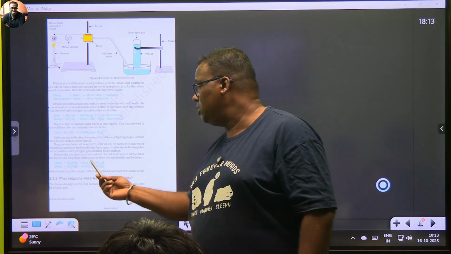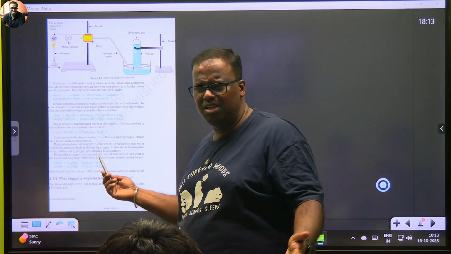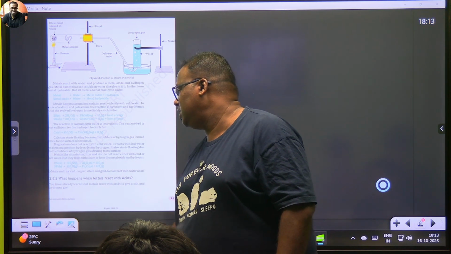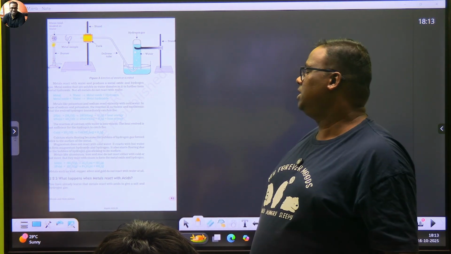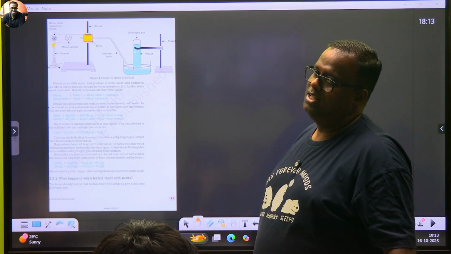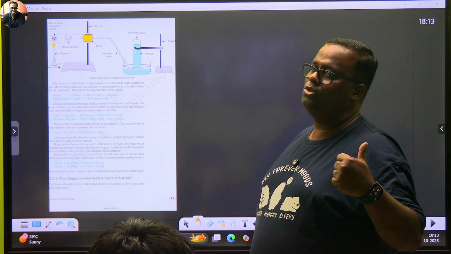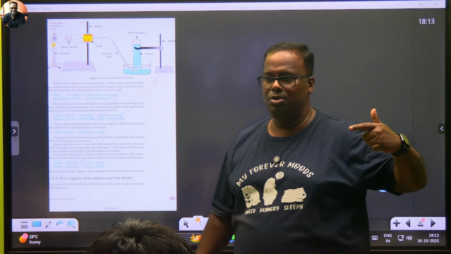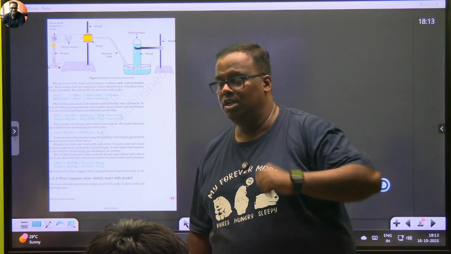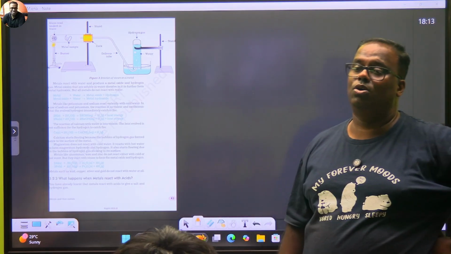Metals like aluminum, iron, zinc, iron के कढ़ाई बनते हैं इसलिए, do not react either with cold or hot water, but they react with steam to form metal oxide and hydrogen. Now here it is interesting. In the previous two cases, you saw metal hydroxide being formed. One was cold water, one was hot water. Now you are taking something which is called steam.